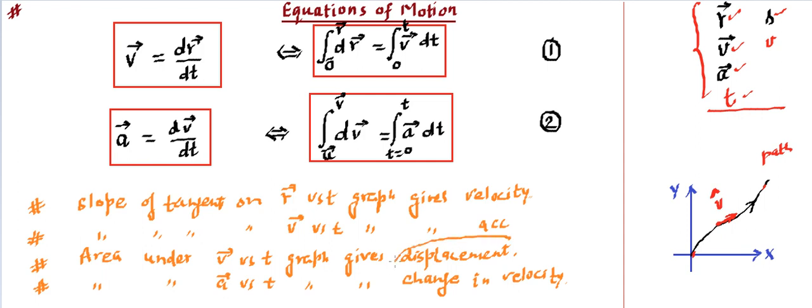Now here we have considered the displacement because displacement is change in position. So we can say this is a change in position, and change in position is a displacement. So either you say this is displacement or you say change in position, both are going to be correct. And here it is going to be specifically change in velocity.